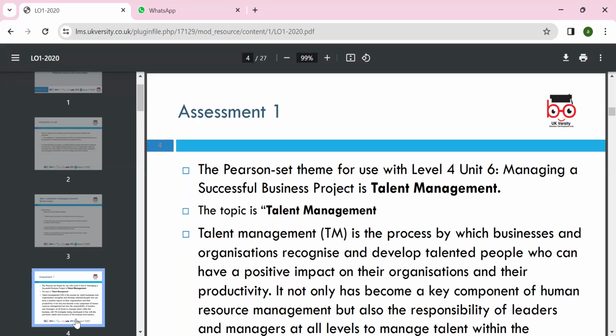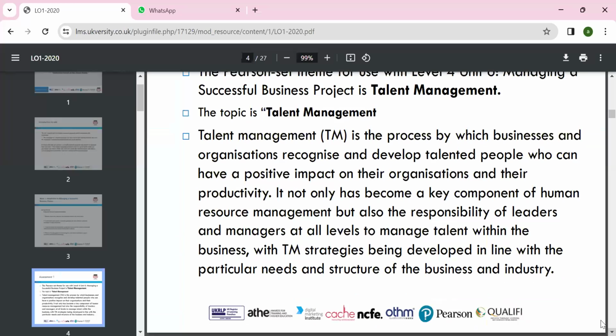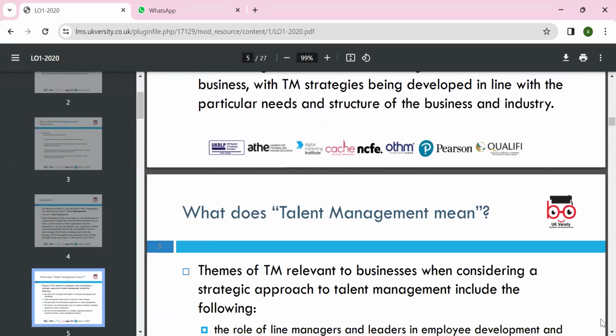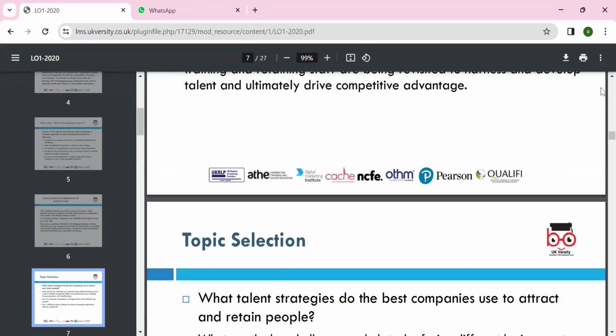It has not only become a key component of human resource management, but also the responsibility of leaders and managers at all levels to manage talent within the business. So a talent management strategy is developed in line with the particular needs and structure of the business and industry. That is more. So we can look around,